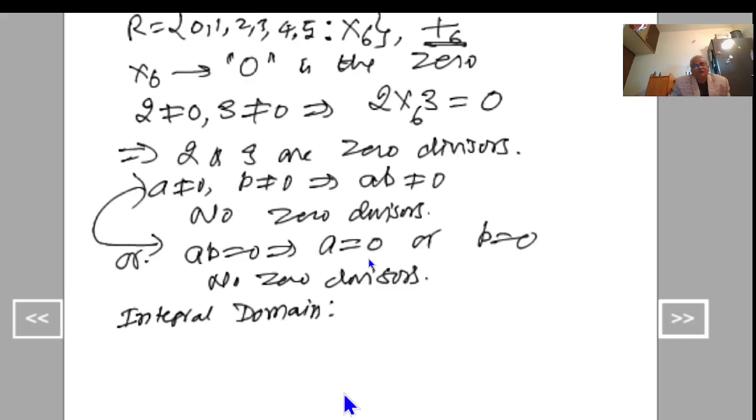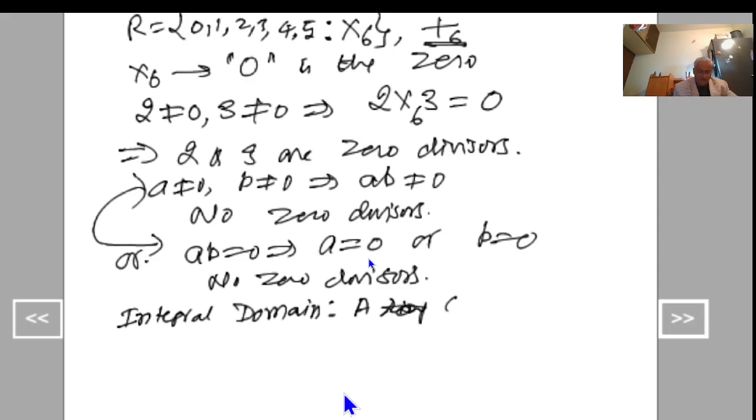That is, first of all, it is a ring. Next one is it must have unity. One is there. Identity with respect to multiplication is there. Unity is there. And commutative law holds in the ring. This is the second condition. And if the R is without 0 divisors, if these three additional conditions are satisfied, then we say that it is an integral domain.